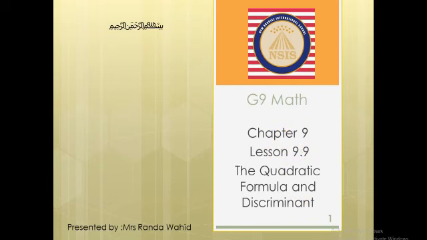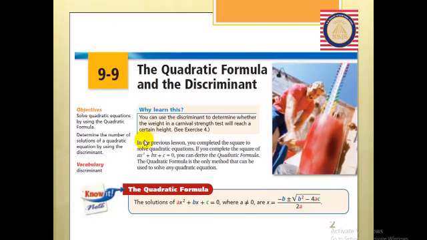Let's see what we said before. We solved the quadratic equation before by many methods. But do you know what? This method is the king or the queen of all methods. This solution, this formula always works for any quadratic equation. If I have ax power 2 plus bx plus c equals 0, we can derive the quadratic formula from it, okay? To solve this equation and get the value of x, you must